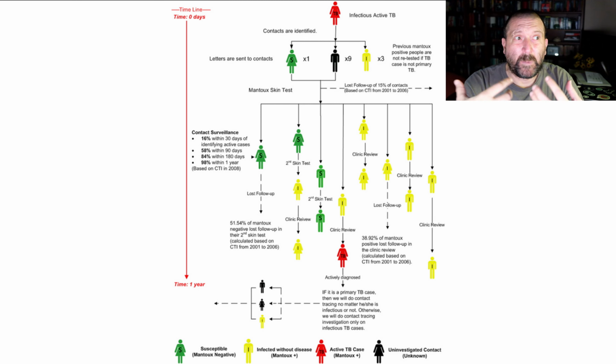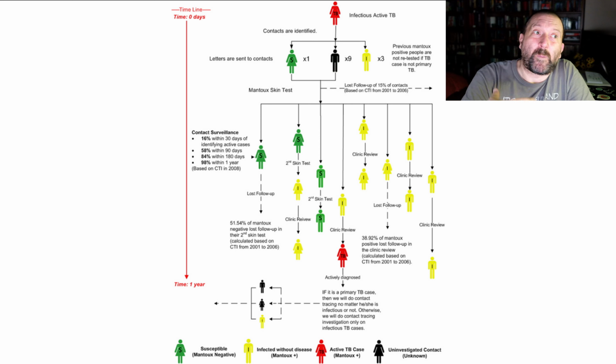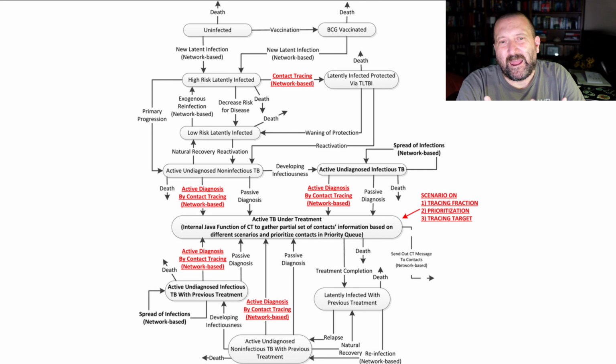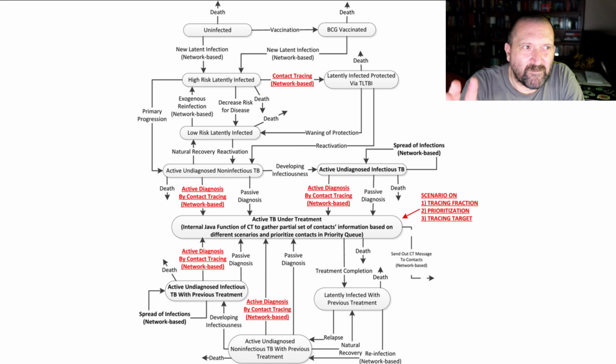The idea is to look at different scenarios for how you handle the contacts, how thorough you are at following up on the contacts and so on, and to see what consequences this has on the disease. So here we have a much more complicated flowchart that describes the way contact tracing is initiated. And if you think about this in an ODE or even a continuous time Markov chain perspective, these are rare events we're talking about.